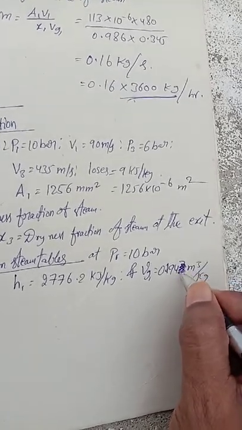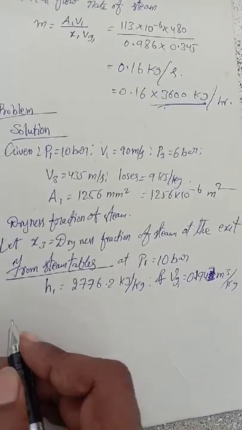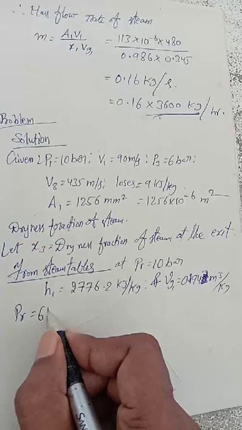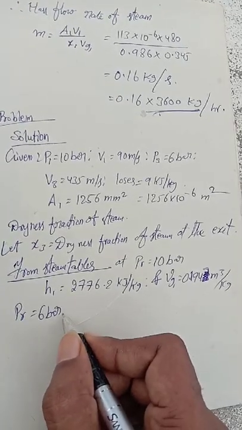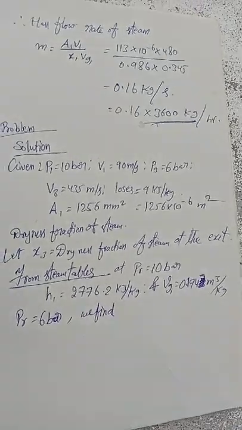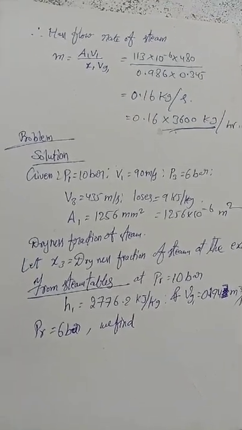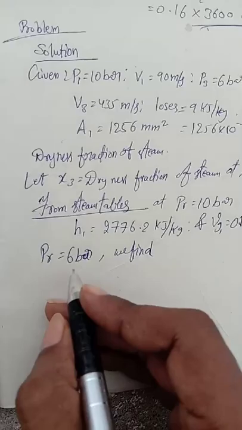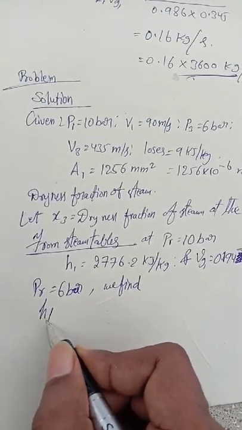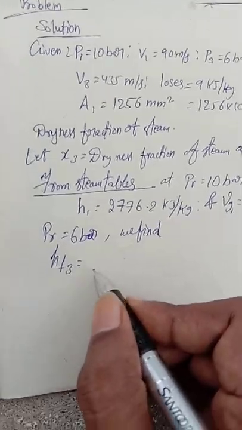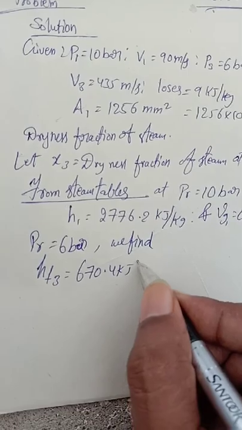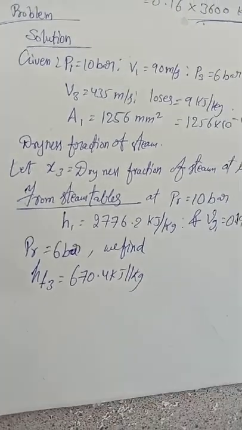Okay, this is state 3, and corresponding to a pressure of 6 bar, at 6 bar we find here hf3 is equal to 670 kilojoules per kg,